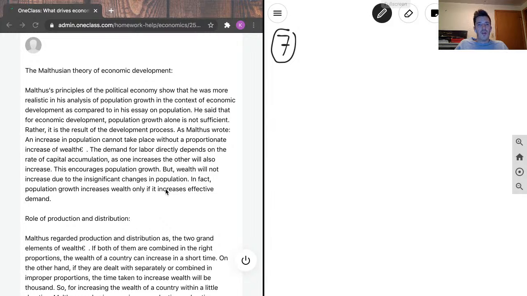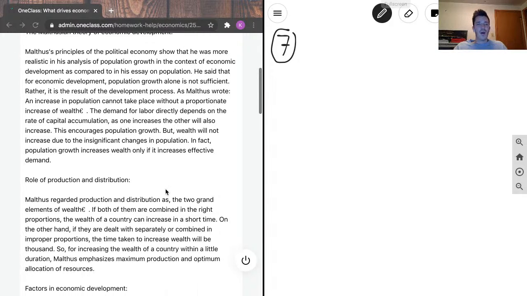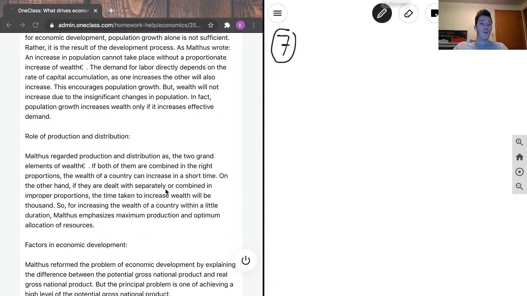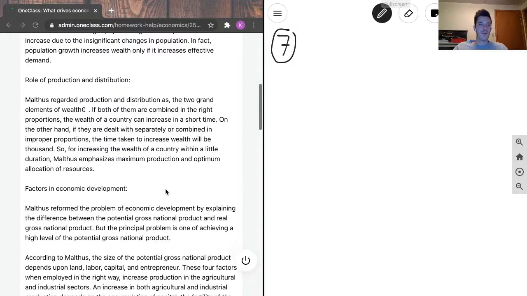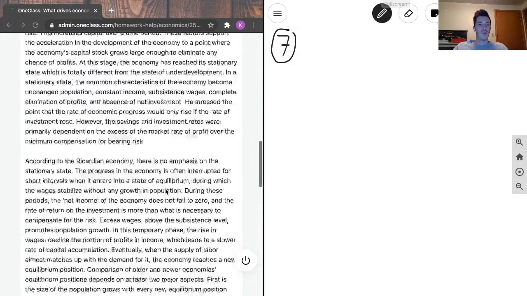The demand for labor directly depends on the rate of capital accumulation. As one increases, the other will also increase. This encourages population growth. But wealth will not increase due to the insignificant changes in population. In fact, population growth increases wealth only if it increases effective demand. The role of